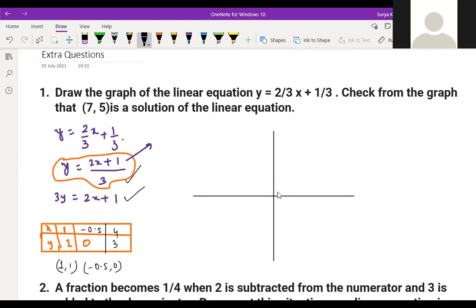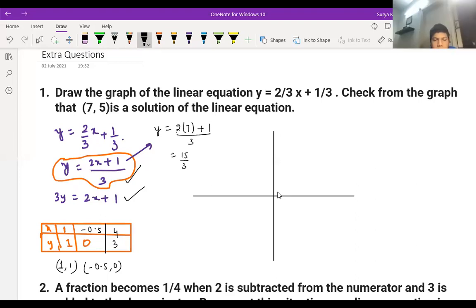On putting the value of y = 5, what x should you get? 7. Or put the value, your wish, which one you want to put. Put x = 7. So y = (2 into 7 plus 1) divided by 3. So 7 times 2 is 14, plus 1 is 15, 15 by 3 is 5. This is the graph I got, sir. I'm showing you the graph which I made. Okay, fine, it's correct.